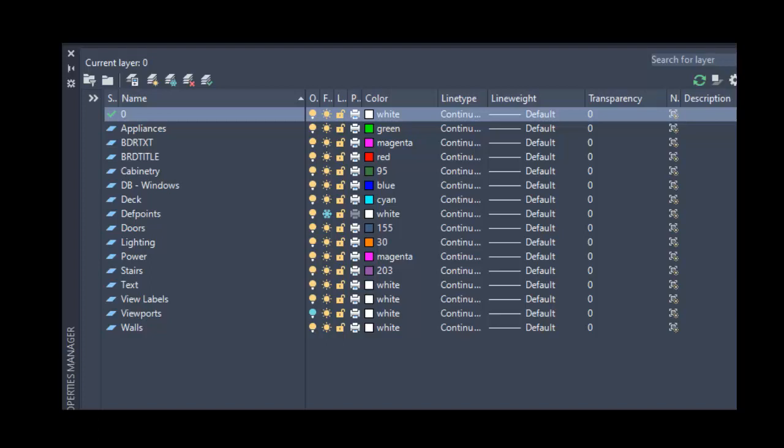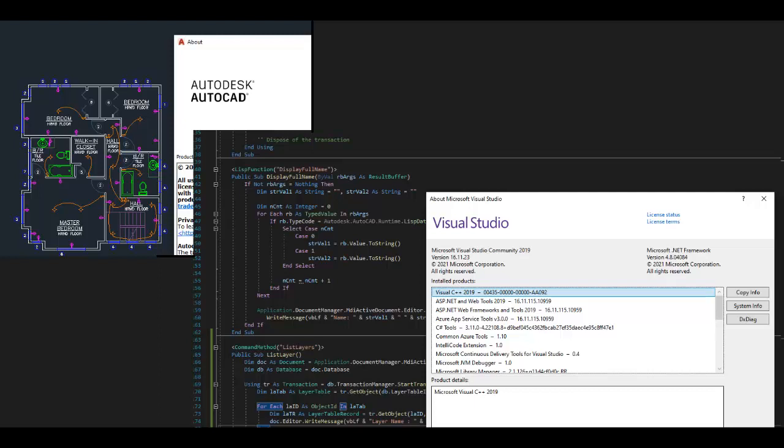In AutoCAD, with Visual Basic.net we are going to list out the layers available in current drawing. We are using Visual Studio 2019 for this.